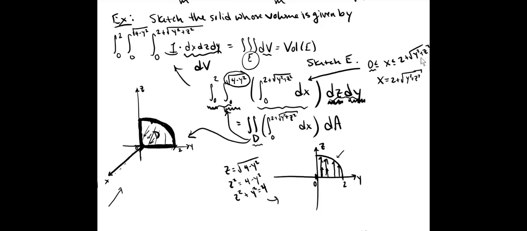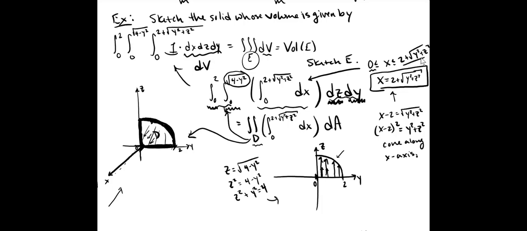That is the surface that is stopping the x values. That's the upper bound on the x values. So we need to see what this graph looks like. This is really x minus 2 equals the root. And we square both sides. And we see this is just a shifted cone. This is a cone running along the x-axis. And we can say it's shifted 2 units